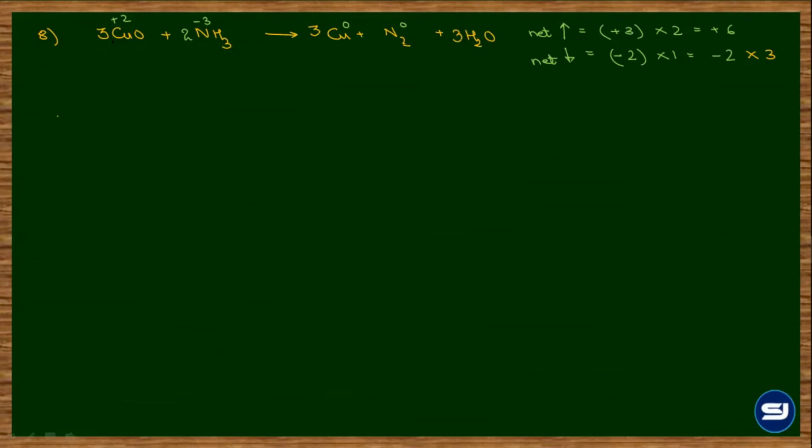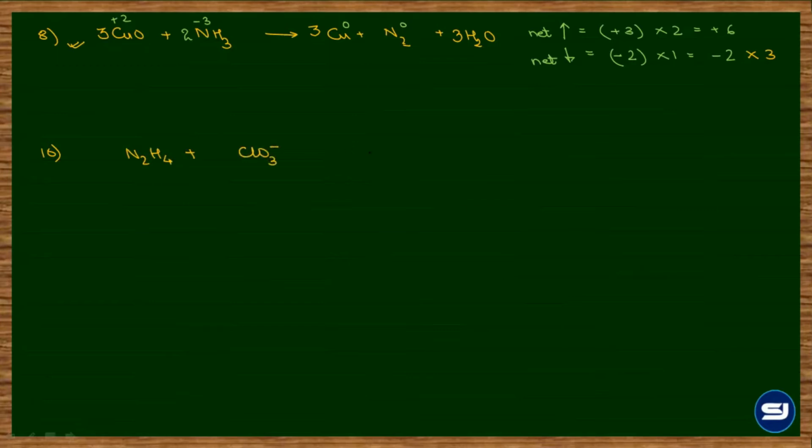And then you check for hydrogen, it is 6 on the left and 6 on the right. So now there is no need of balancing the hydrogen atoms. So this is your final balanced reaction. Khatam. But you also understood the shortcut way of balancing. See, I have just balanced it in a single step. मैंने उतने सारे steps लिखे ही नहीं है. Yes, sir. I'll just do the 10th one.